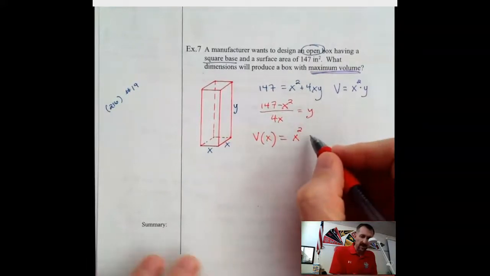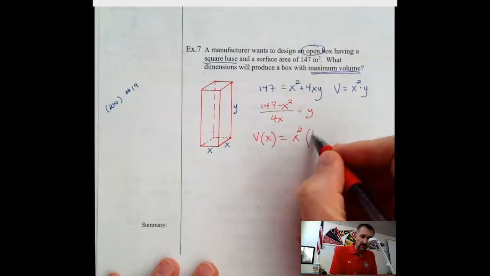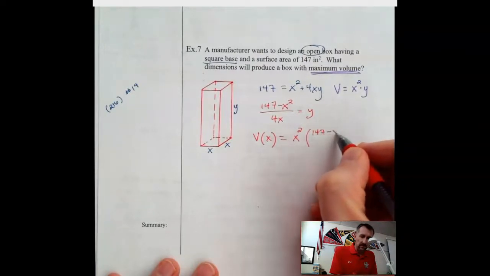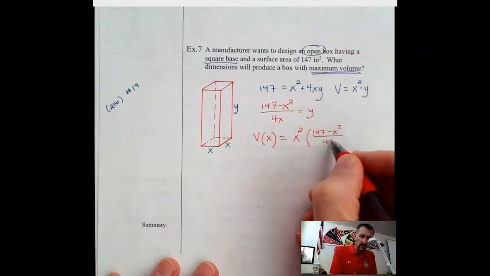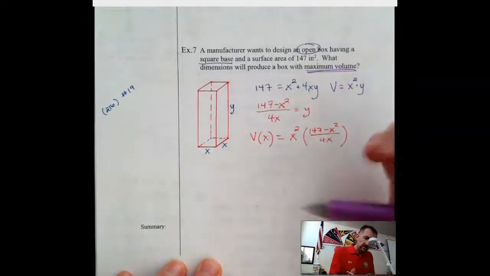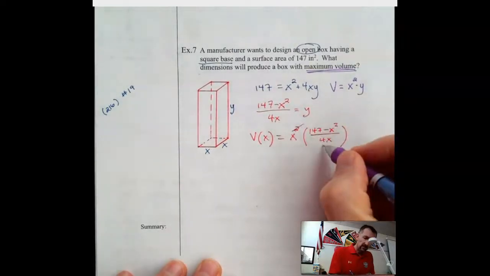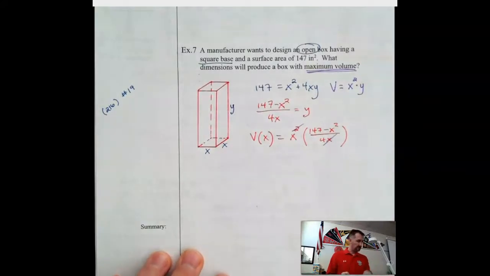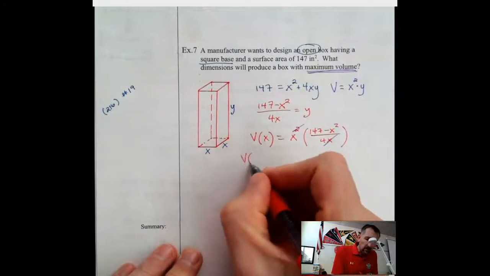So we have x squared times (147 minus x squared) over 4x. And we can cancel one of these x's here with that one. And so if we multiply that out, we will get,